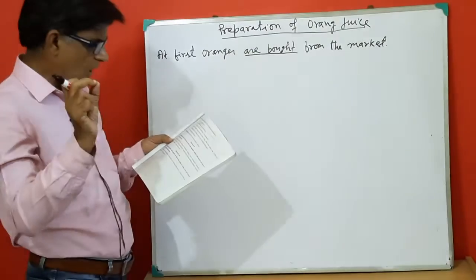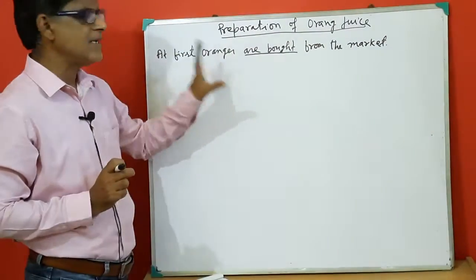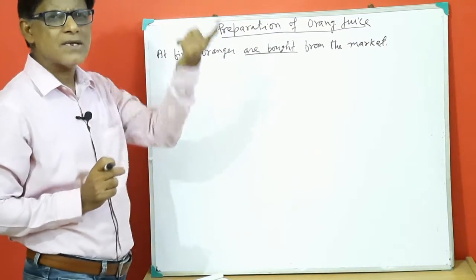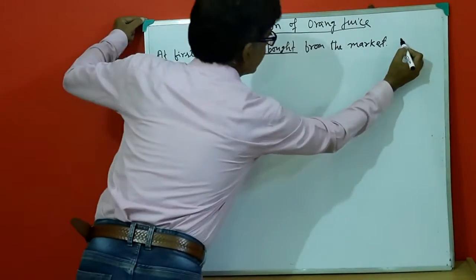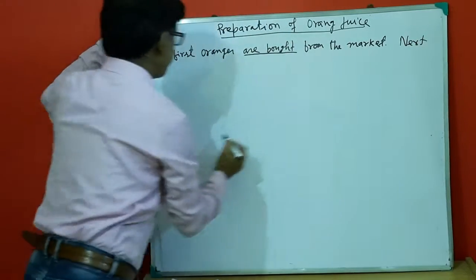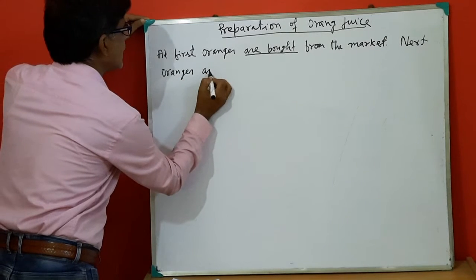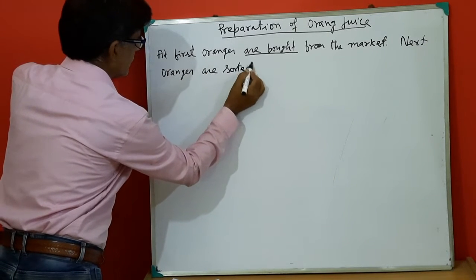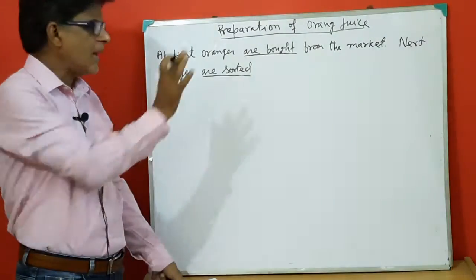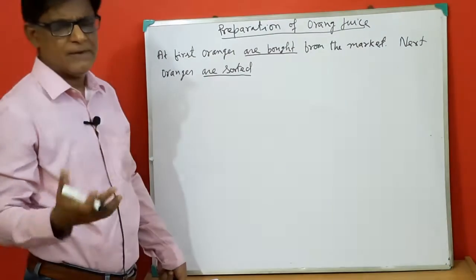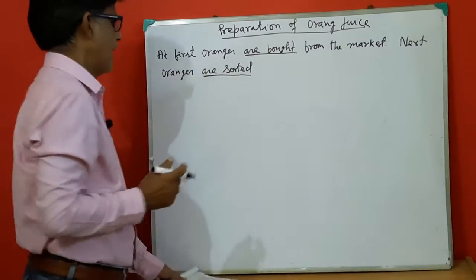So the first point, oranges bought from the market, I have developed it into this sentence. So this sentence is complete. You shall get 1 mark, think of it. Now our second point is sorted. Next oranges are sorted. But look here, verbs are given here. You have to just supply the helping verb. So next oranges are sorted, and